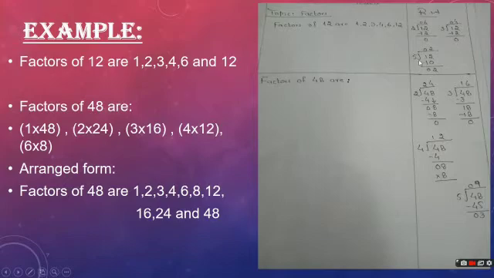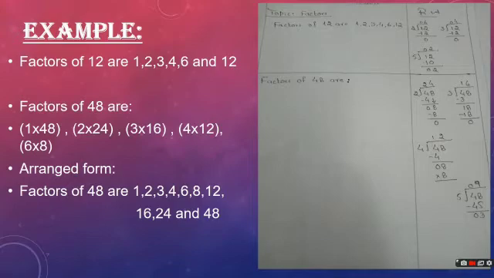Then 5, but over here when I divided 12 by 5, I get 2 as a remainder. So it means 5 is not a factor of 12 because the remainder is 2, it's not 0. If the remainder is any number other than 0, it means the divisor is not a factor. So by dividing this number one by one by different numbers, we will get all the factors of the given number. So the factors of 12 are 1, 2, 3, 4, 6 and 12.